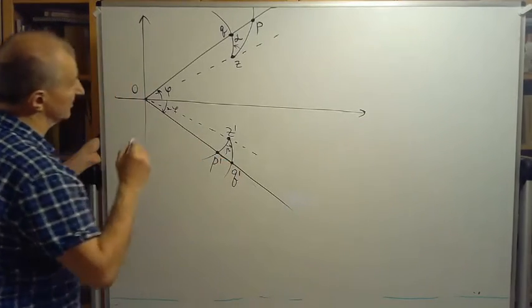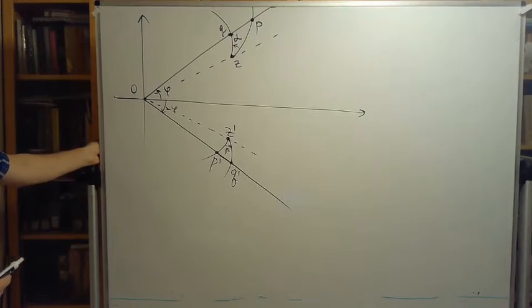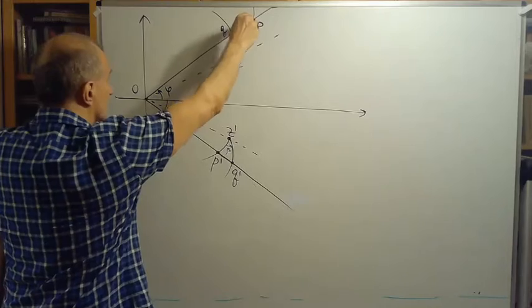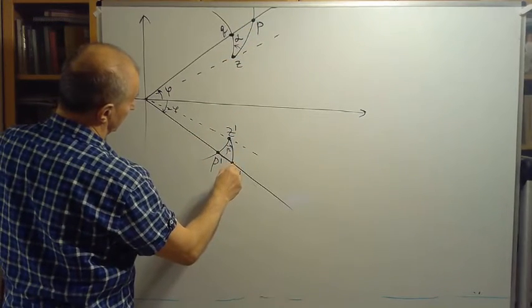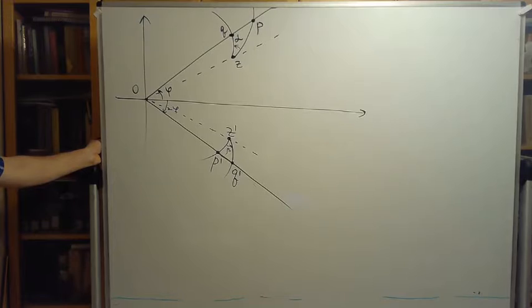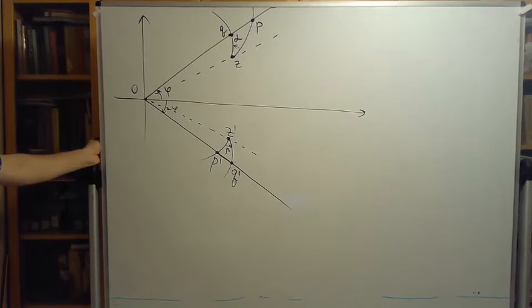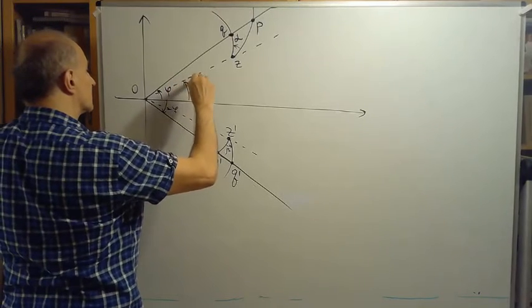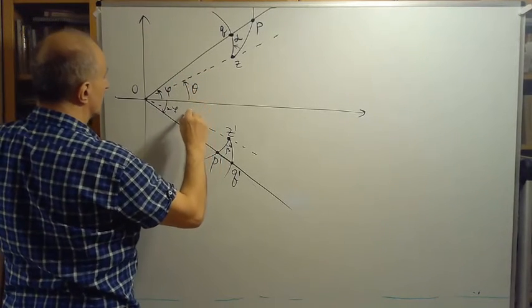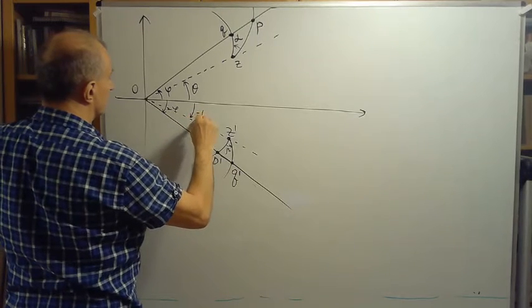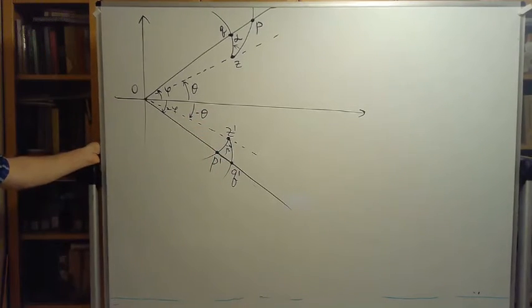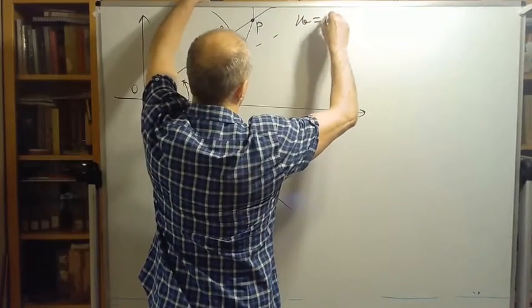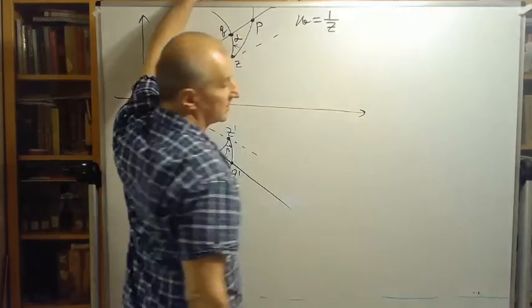Our picture is approximately accurate, because I see, for instance, that Q was closer to the origin than P. Now, after inversion, it will be farther away from the origin, because the modulus will be the reciprocal. I think it's a really decent picture. We will also denote this angle, which is the argument of Z, theta. So this angle respectively will be negative theta. I think it's a good picture. We perform the transformation W equals 1 over Z,